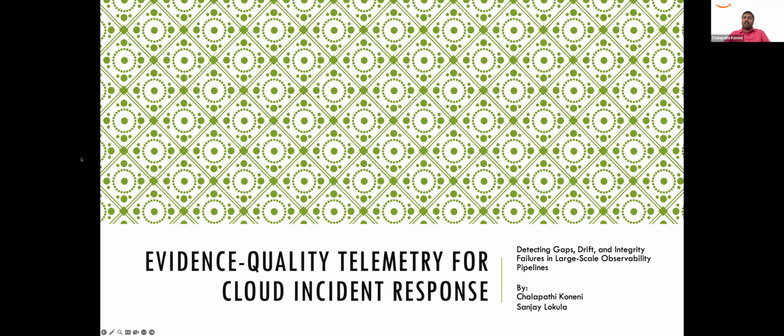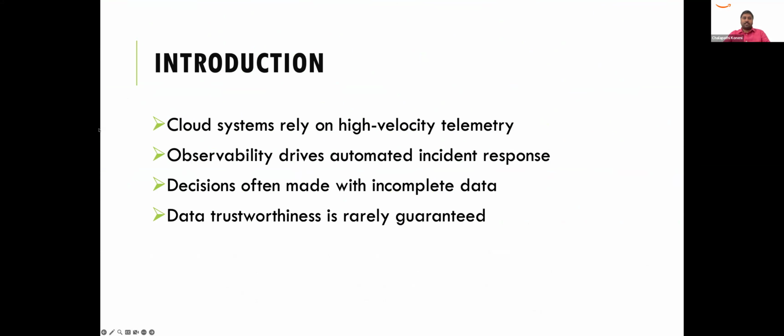Okay, so today we are talking about evidence quality telemetry for cloud incident response. In our current cloud systems, we capture a lot of data at high velocity, and it relies on high velocity telemetry streams such as logs, metrics, traces, and events. With our experience, we generally capture the data fast and get the quality later. With that, the observability and the reliability of the data